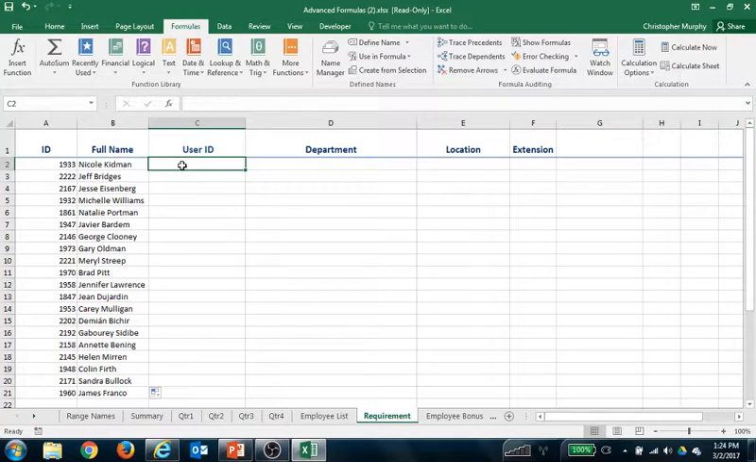Okay, so the next thing we want to do is some more manipulation of text. And so what we're going to do here, we need to generate some network IDs for these guys. Okay, so the rules for network IDs are we want to take the first letter of their first name and then their full last name to generate a network ID. So for example, Nicole Kidman's network ID would be N Kidman, Jeff Bridges would be J Bridges, and so on. So what I need to do is extract just the first letter of their first name and then join their